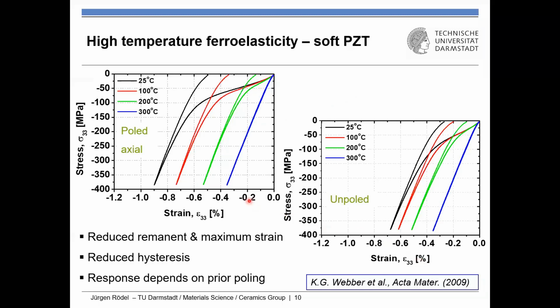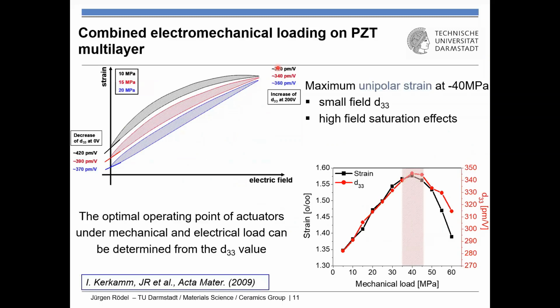Now, this looks like such that at room temperature, this is the curve. If you heat up, the polarization is reduced, the non-cubic distortion is reduced, you get less of a hysteresis, less of a remnant strain, until you are in the cubic state and you get a straight linear elastic line. So these are the effects you get. This was actually first described by Chaplya and Carman more than 20 years ago, but this is the description